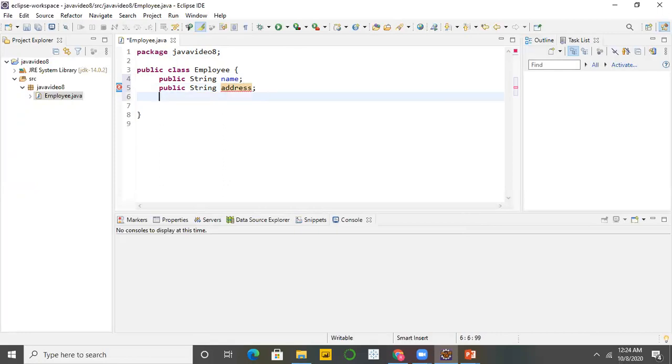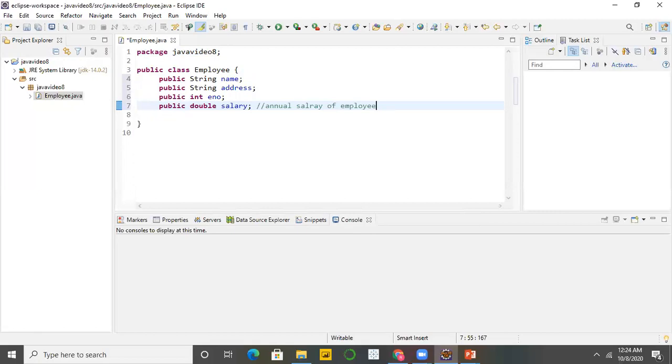then public int eno, public double salary, and suppose this is the annual salary of the employee.